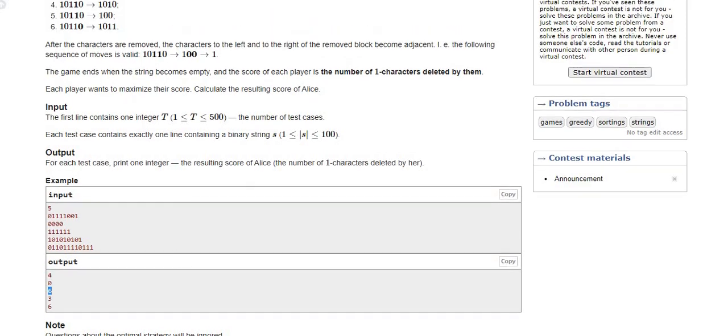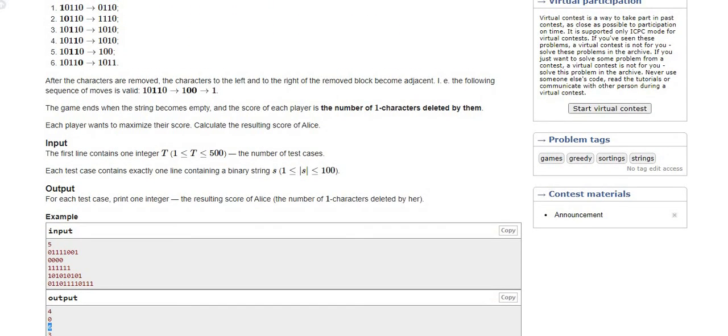To solve this, I feel this is a kind of two pointers technique. We have to find the bunches of consecutive ones and delete all of them in one go. Initially we will form a list which contains the counts of consecutive ones, and we will sort that list in descending order.